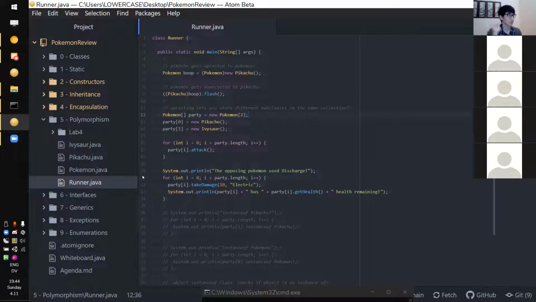But what we can do is say Pokemon party is equal to a new Pokemon array and perform some implicit upcasting. And we can talk,